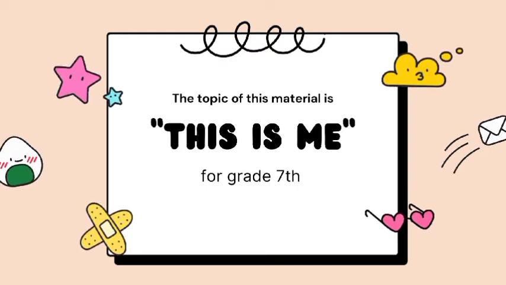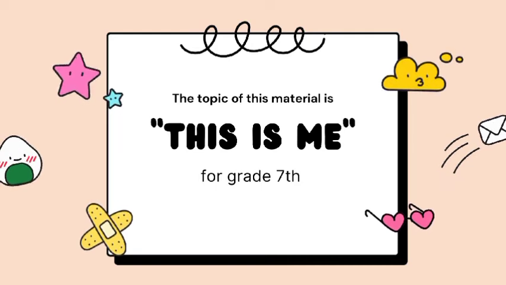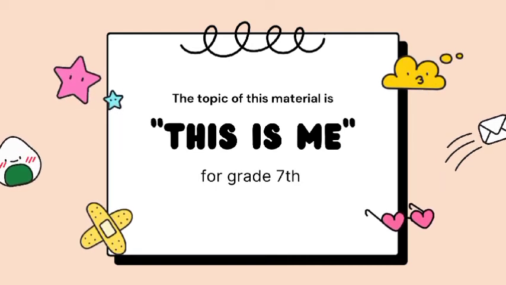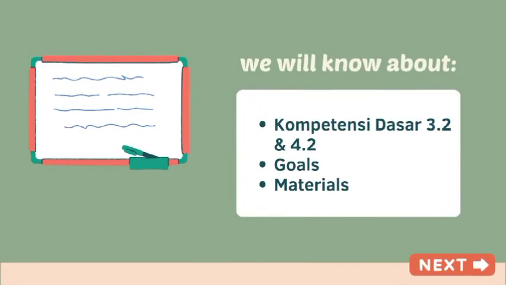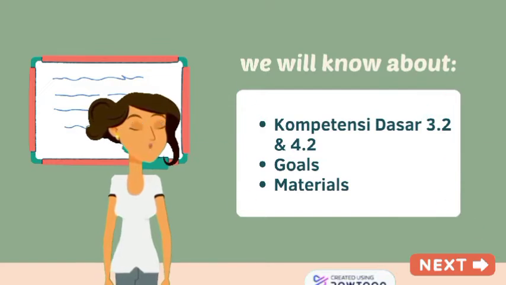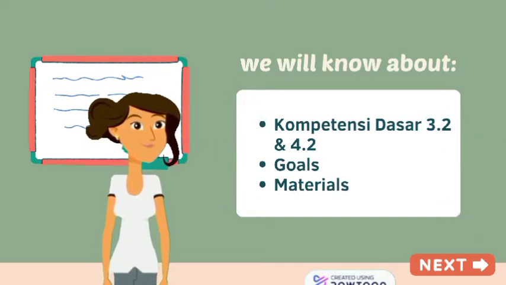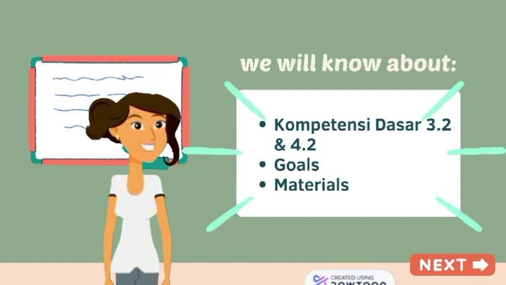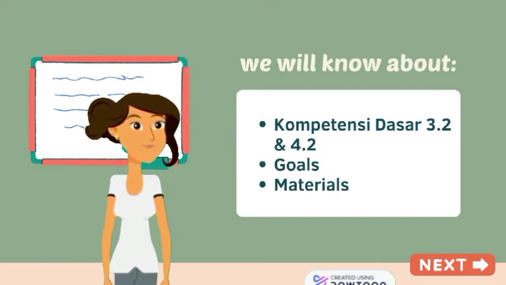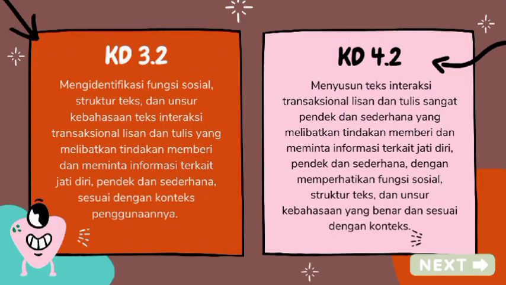Today, the topic of this material is "This Is Me", for grade 7 in junior high school. For this material, we use Kompetensi Dasar 3.2 and 4.2, and we will know about the goals for this material, and then also we will discuss these materials. Next, these are the contents